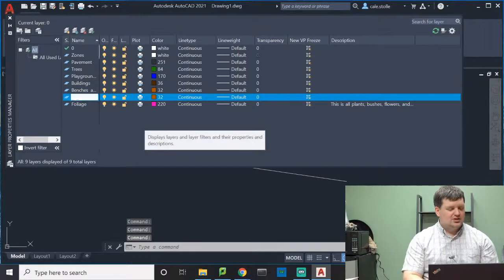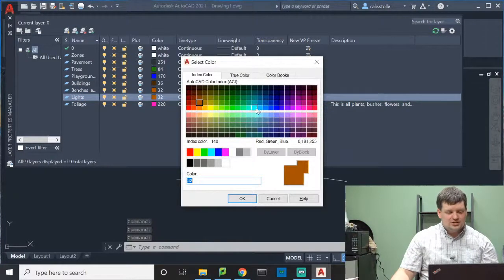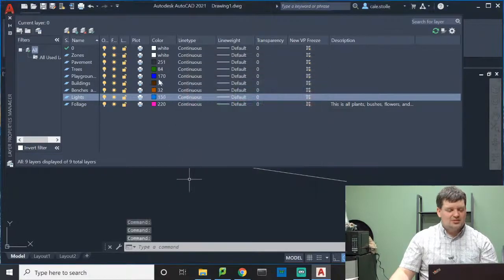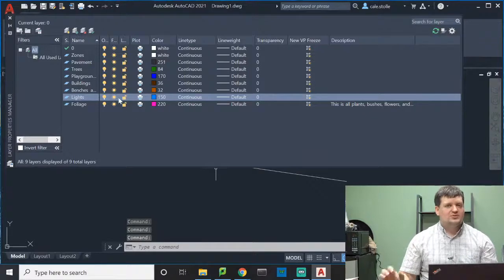Okay, I'm going to go ahead and create one for lights. Now for lights, I'm going to use a lighter blue color. I don't like this really bright blue color because it doesn't show up very well, and the text kind of doesn't show up very well. But I am going to pick a lighter blue than that darker blue. And that one's going to be for my lights. Okay, so I have benches, tables, play structure,